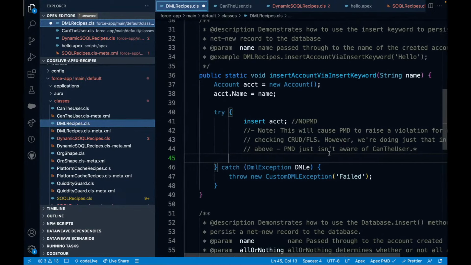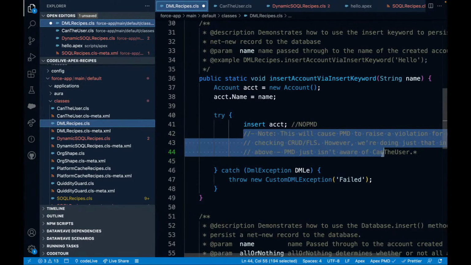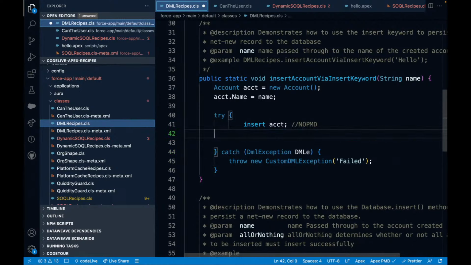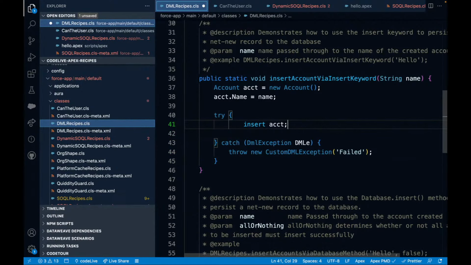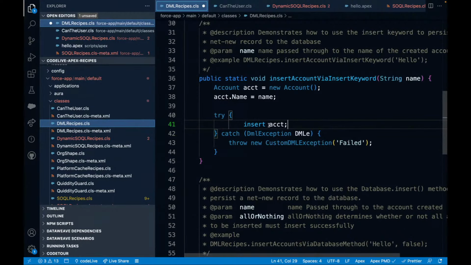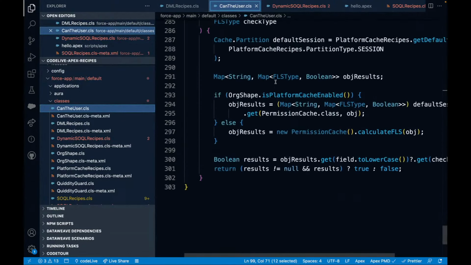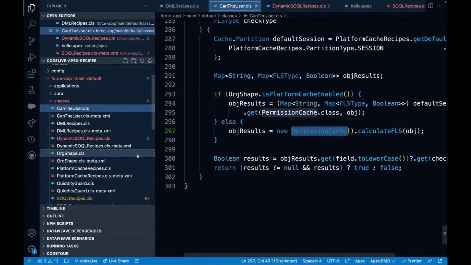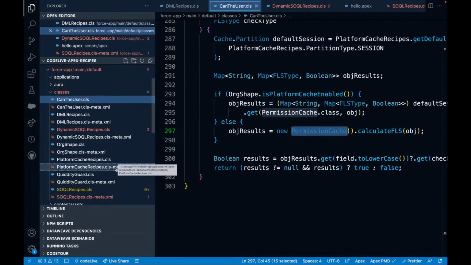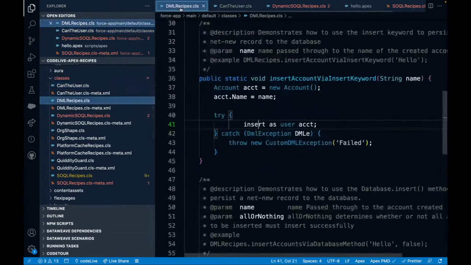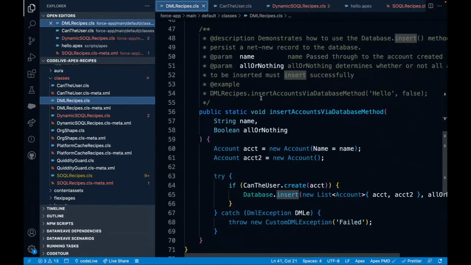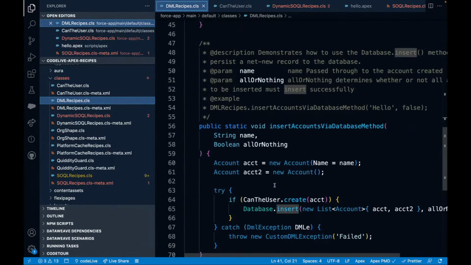However, we're not doing just this. Anyways, this is like a PMD exception or something. I'm just going to comment it out for the time being. But as I said, there is this new thing in town called as user. So you can say, I want to insert this as a user. Now I reduce the dependency on this class, canTheUser, which had some more class dependencies like platform cache and permission cache, a lot of other things, right? So as you can see, what I've done now is I've reduced the